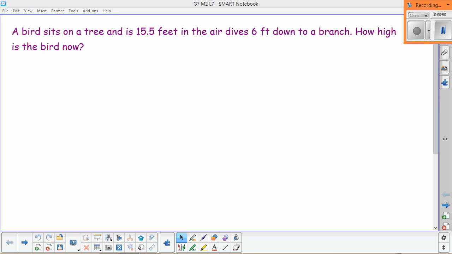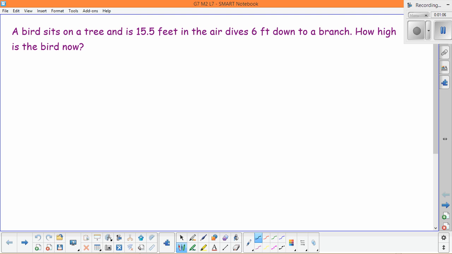So let me read our example problem that will help us pretty much summarize what we learned today in class. A bird sits on a tree that is 15.5 feet in the air and dives 6 feet down to a branch. How high up is the bird now? So if you can picture this in your head,